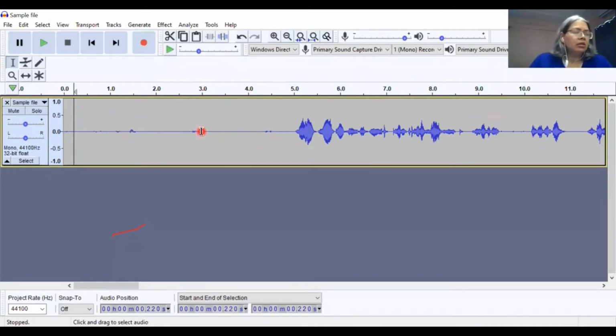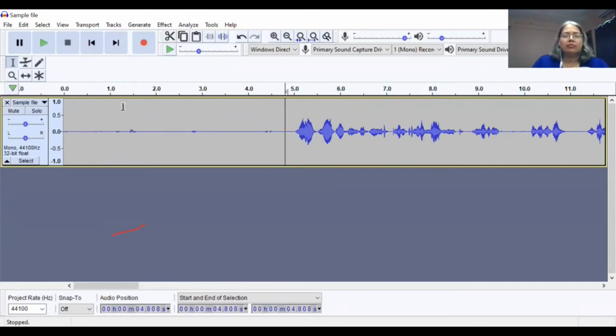So now we need to see whether the file has a beginning and an end. That means the way I have started this file, I have just started reading the matter. I have not given any introduction. I haven't given my name or the Yashovani name or the name of the book or chapter or writer, nothing. I have just started it off. So we need to add those things.